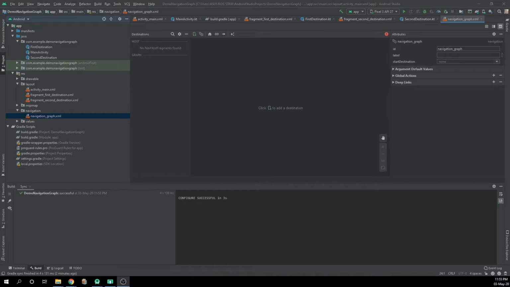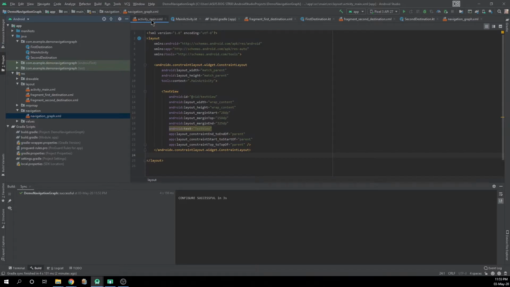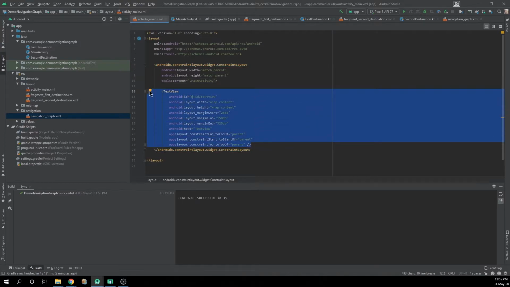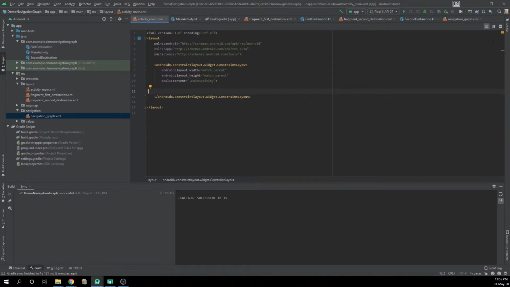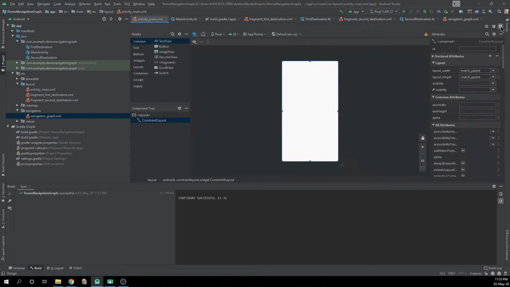So to define our parent fragment, just go to the activity main example file. Here we are going to attach our parent fragment, our host fragment. So clear everything else, go to the design tab, and from here click on container,